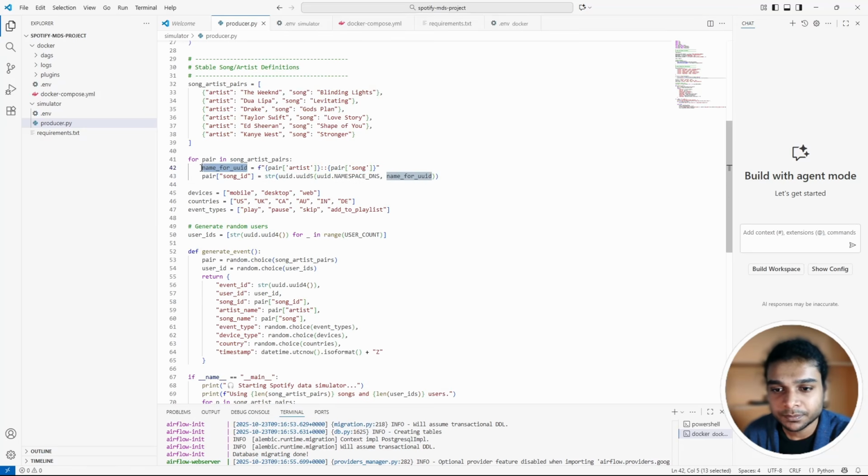So we created this variable, name_for_uuid, and we used f-strings. If you don't know f-strings, f-strings are used to create a string with dynamic objects inside. So in this f-string, the only static part is these two double colons, but the rest of the parts, the pair of artist, is dynamic. It gets the artist name for the given pair. For the first loop, it takes The Weeknd in this place. So The Weeknd double colon and pair of song, which is Blinding Lights. So the output of this f-string for the first loop will be,